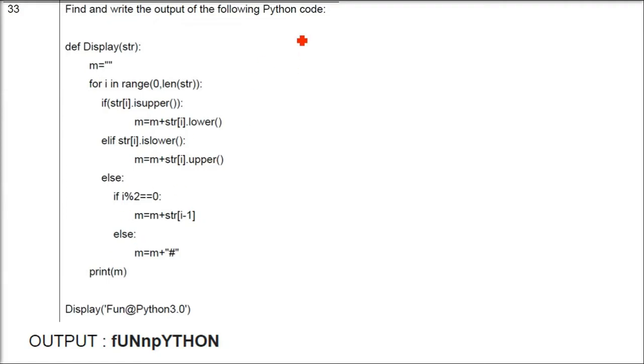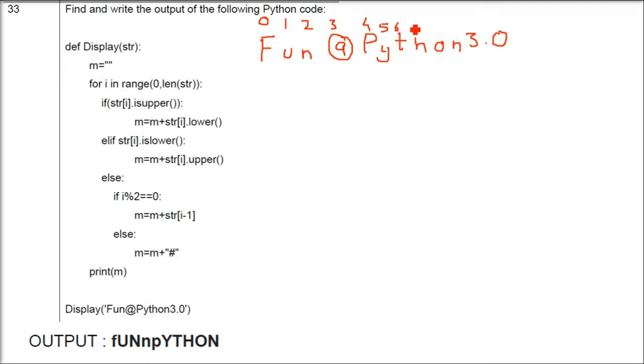Let me just write it first. F U. This is very important. If you write it very well and index it very well, just give some time, because this is an examination. If you make a very small mistake, your answer will not come out correct. So I'm writing it very carefully, and now I'm giving the index, which you also have to do very carefully. 0, 1, 2, 3, 4, 5, 6, 7, 8, 9, 10, 11, and 12. Just count it also: 1, 2, 3, 4, 5, 6, 7, 8, 9, 10, 11, 12, 13. It's okay, we started from 0, so it has to be 13.